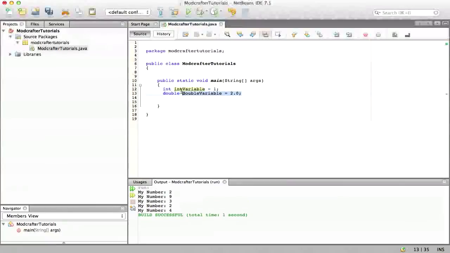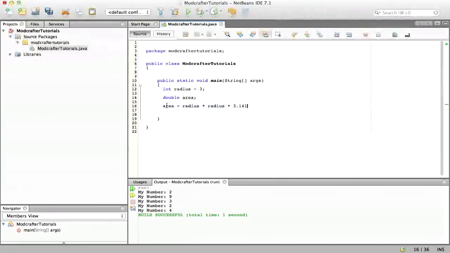So let's do something a little bit more complicated here. Let's do the area of a circle example. So I'm going to say radius equals 3. I'll say double area. Now I'm not going to declare a value for the area variable here, but you'll see what I'm going to do in just a second. I'll say area equals radius times 3.14159. Then what I'm going to do is just output that and say calculation is